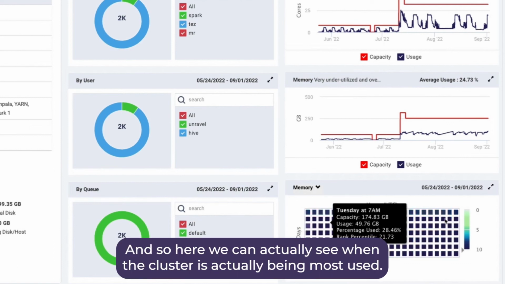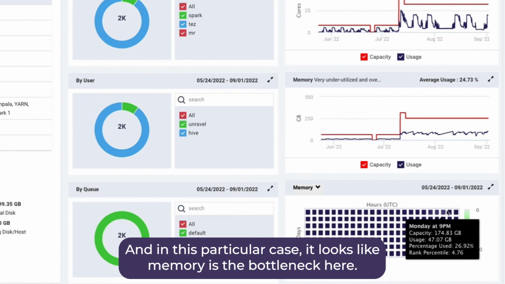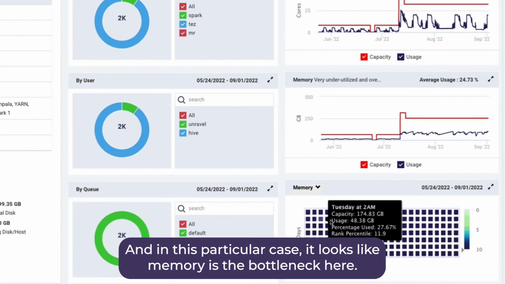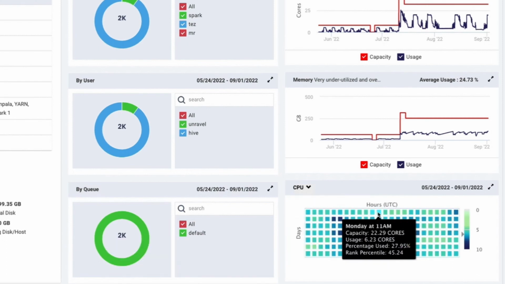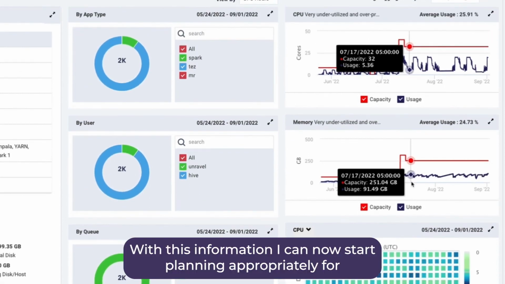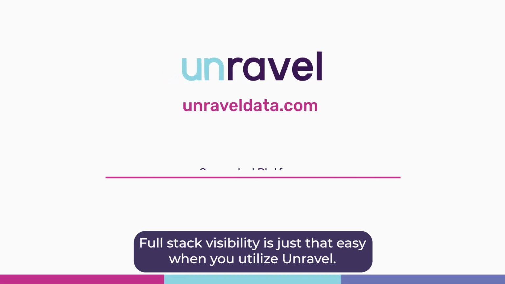And so here we can see when the cluster is most used. In this particular case, it looks like memory is the bottleneck here. And if you look at CPU, we can see that the CPU is not so hot. With this information, I can now start planning appropriately for how I want to start thinking about migrating my workloads to the cloud. Full stack visibility is just that easy when you